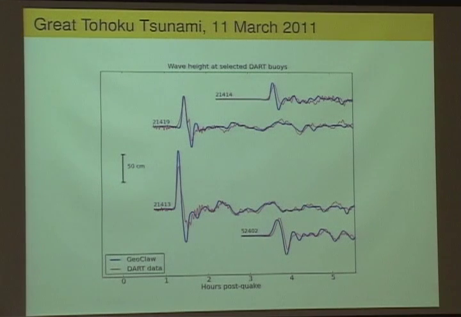Of course, it also depends on what model you use for how the seafloor moved and what the slip on the fault plane was, and there are still several competing models for what exactly the seafloor motion was. But at one point, we did a study of about 10 different models and compared these results, and this was one of the better ones showing here.